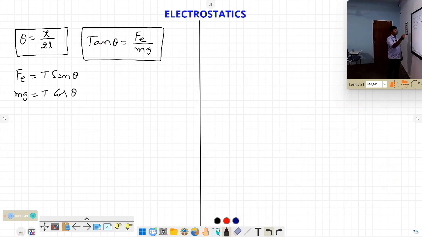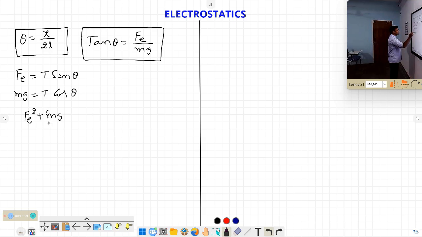So up to here we are done now. Theta is equal to x by 2L, and tan theta is equal to Fe by mg, and these are the relations. Now to get some more relations, what you can do is take both equations, dividing, T is getting cancelled, right? Taking the concept of squaring and adding these two, if you square this one, it becomes Fe square